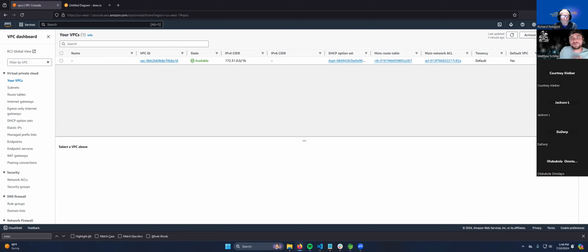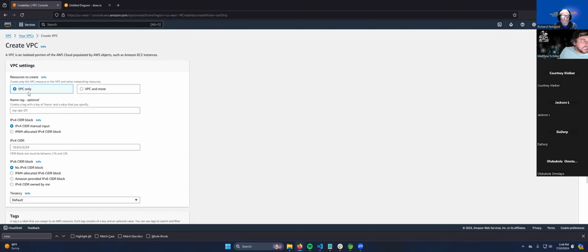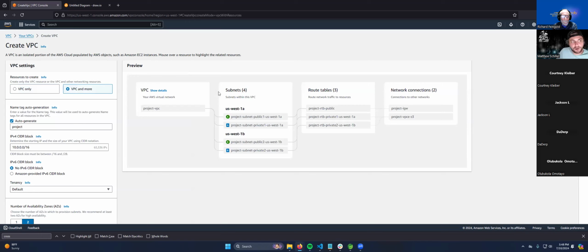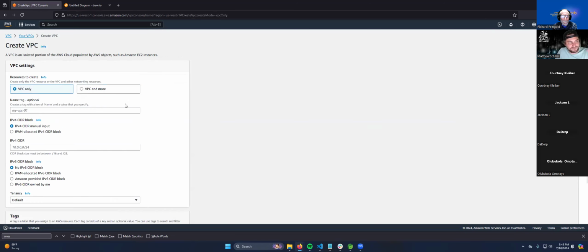But without further ado, we're going to create a VPC, and we're just going to do a VPC only. There are VPC and more options. It'll automatically create subnets over different availability zones, see US West 1B, route tables, network connections. But we're going to build everything up from scratch here. That's just a quick start if you're in a hurry. So my name tag is going to be, let's see, Matt's